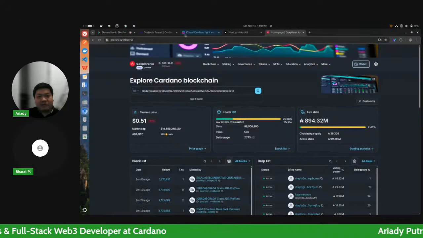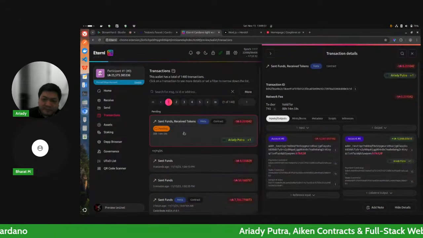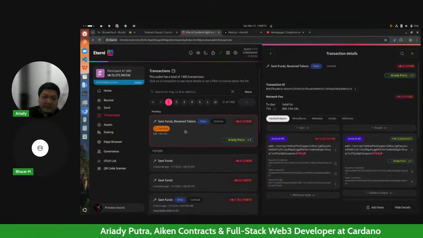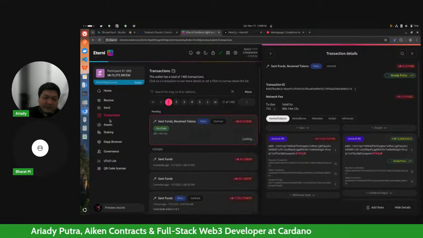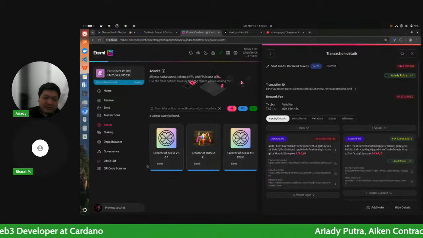Anyway, we can just take a look at the wallet. And once this transaction is submitted, if we go to assets, you should see in a moment that a new token will be created, which should be in my name.